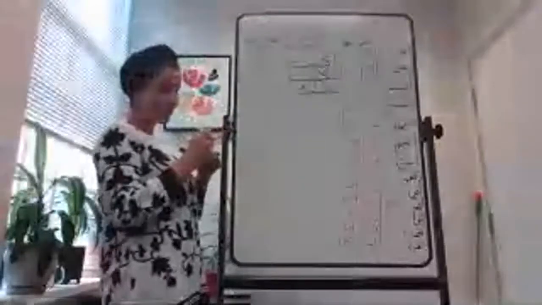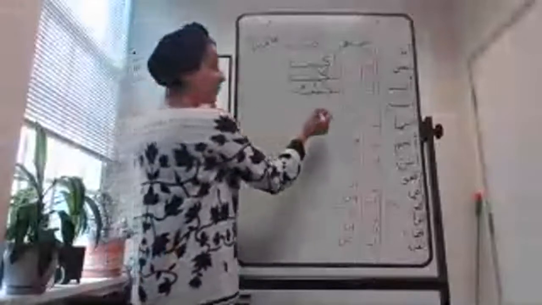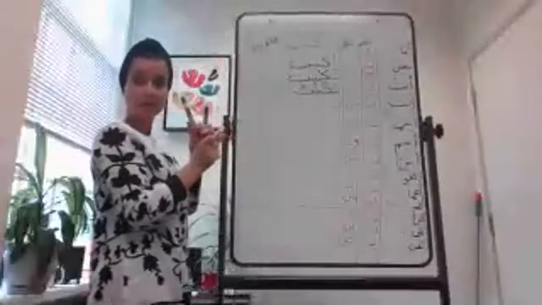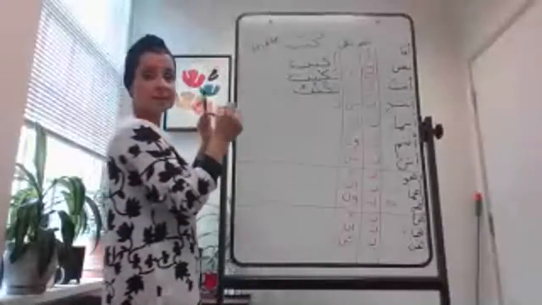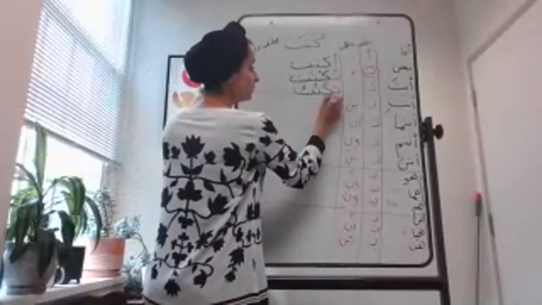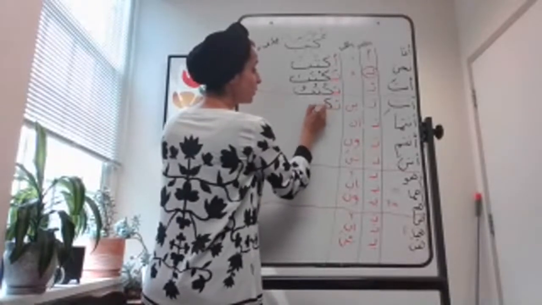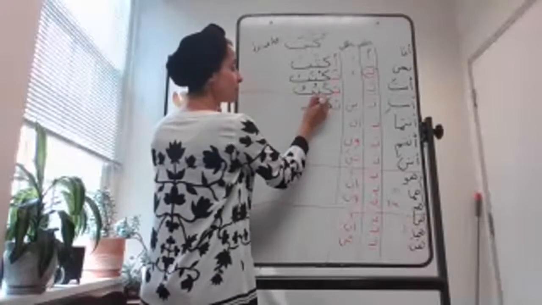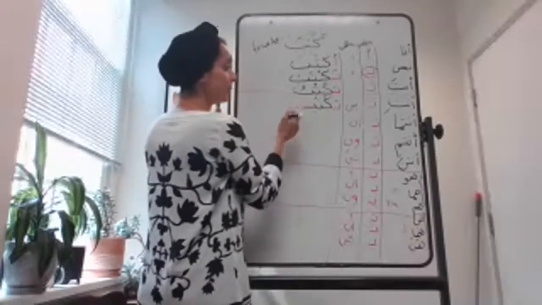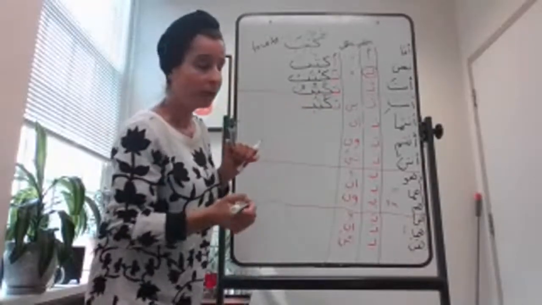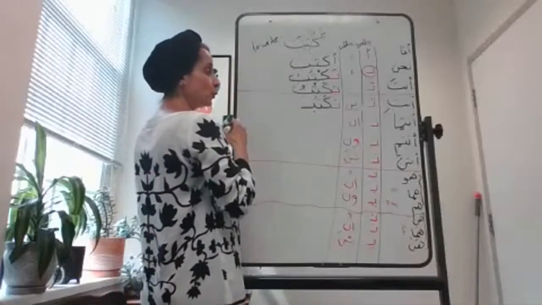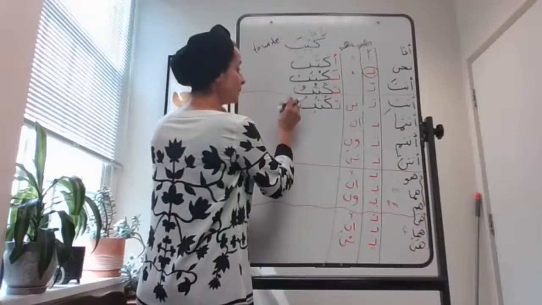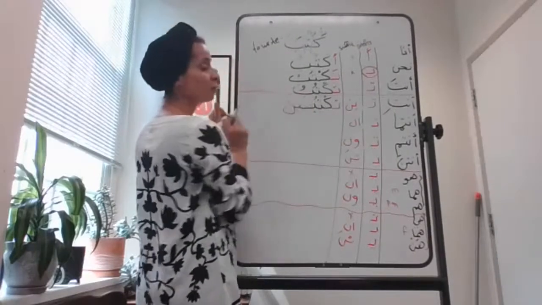Okay, so for anti, we add the prefix ta, and then I'm going to add the first root, the second root, the third root, sukoon on the first root, damme on the second root, and then I have the ba. Here I don't have to place damme on the third root. Why? Because I have the suffix anti taktubina, and the sound of the damme doesn't go with the sound of